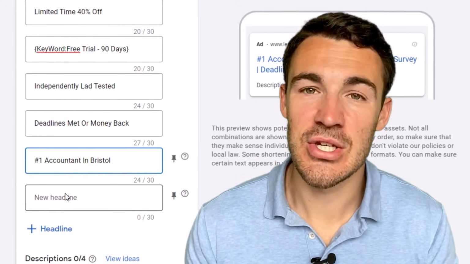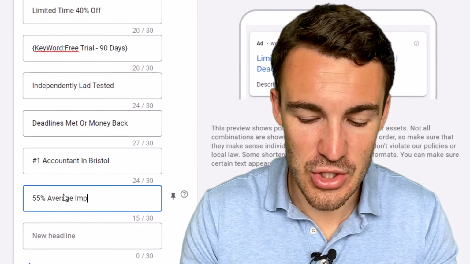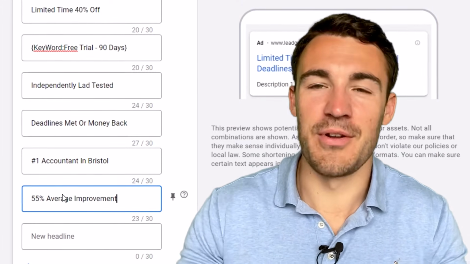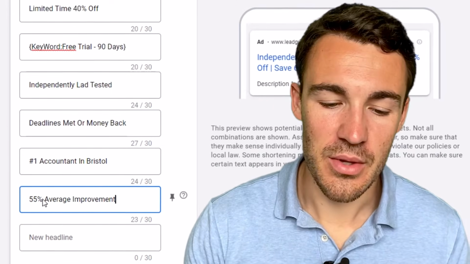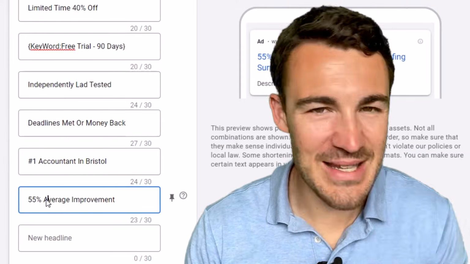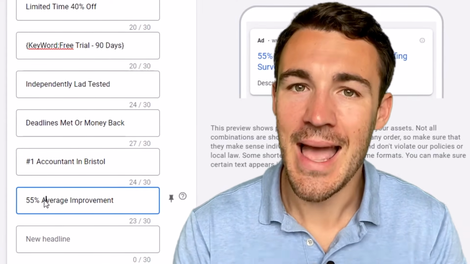That could be a percentage. You could have 55% average improvement. If whatever it is you offer on average produces a 55% average improvement. So statistics, percentages, numbers, a good idea if you can get them in your ads, and it's appropriate to do